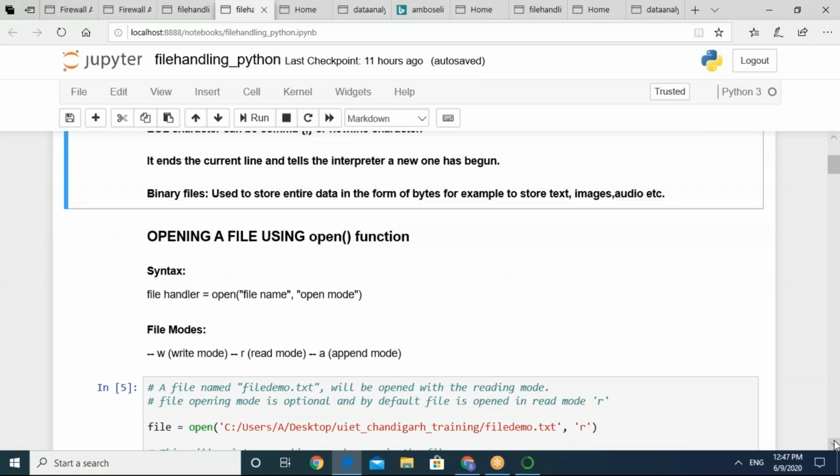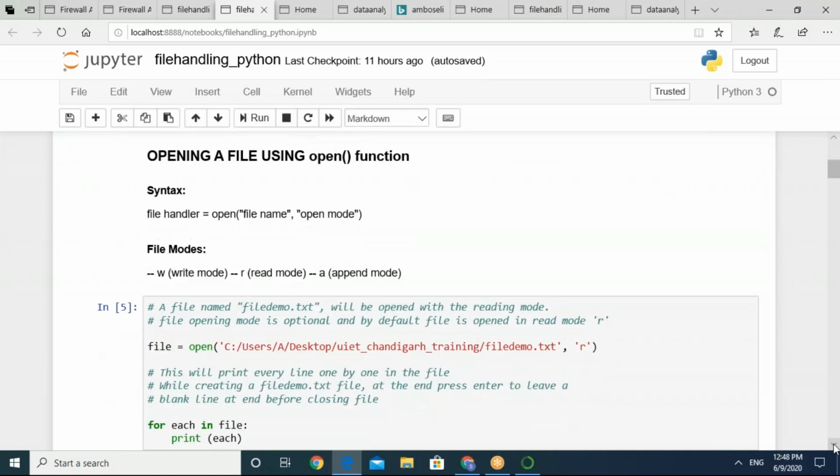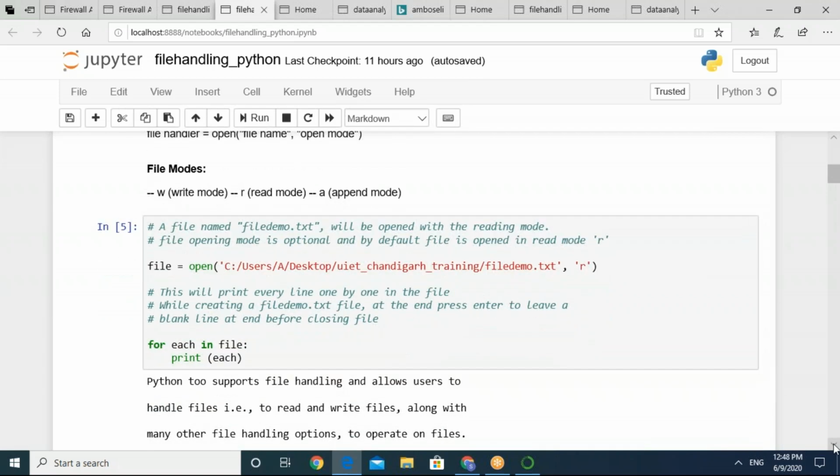In order to have the file opened correctly, you need to verify that the file path is appropriate. For this purpose, we worked mostly on two files only: one was filedemo.txt and another was myfile.txt.